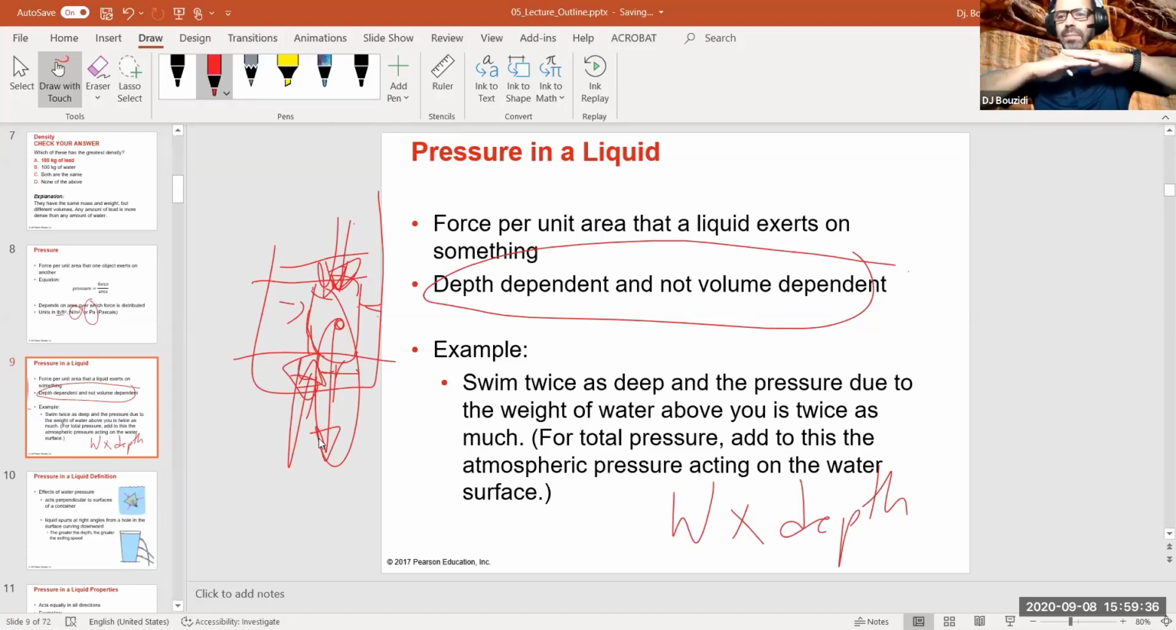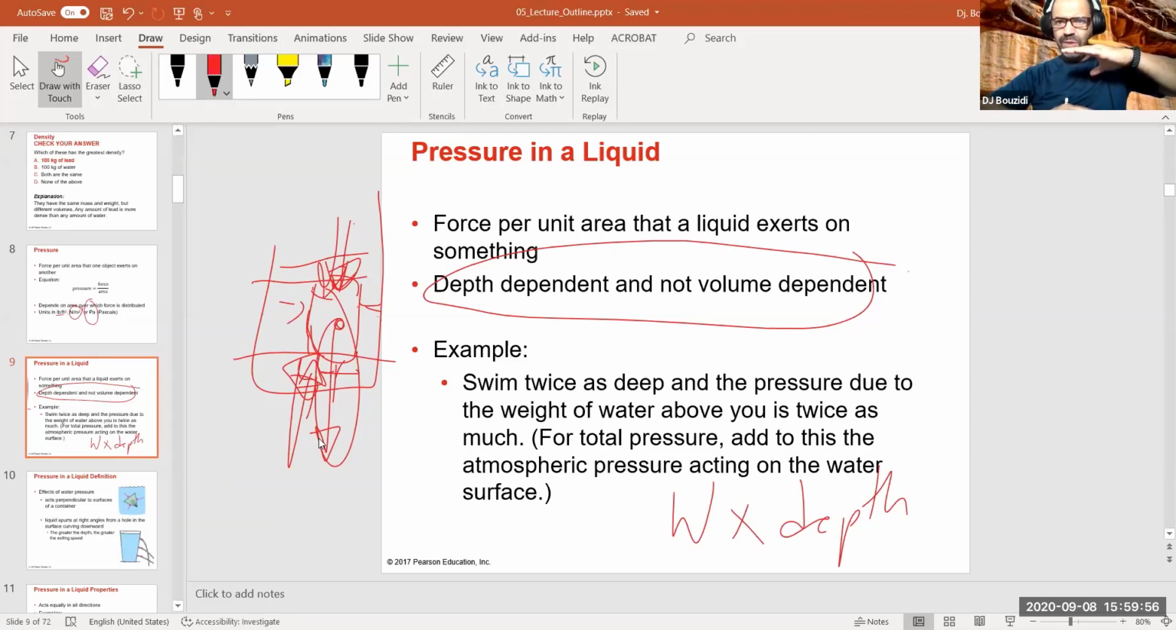If you are just below the surface of the water, you're not going to see much pressure from the water. But if you move further and further down, you're going to see the weight of that water added more and more to your body, and you will feel the pressure. That is in addition to the atmospheric pressure we're going to talk about. At about 10 meters,